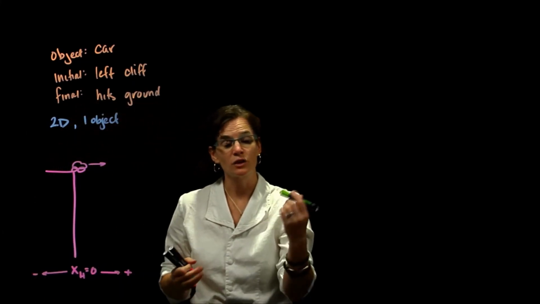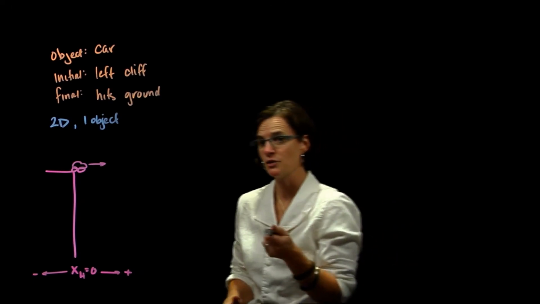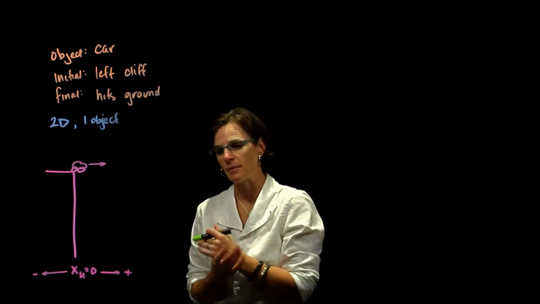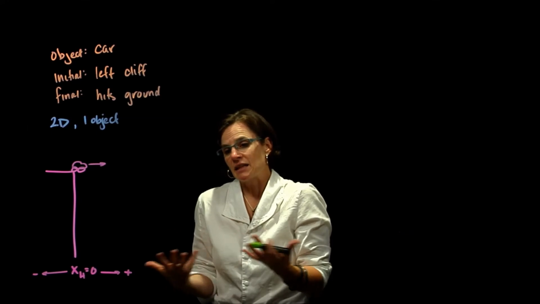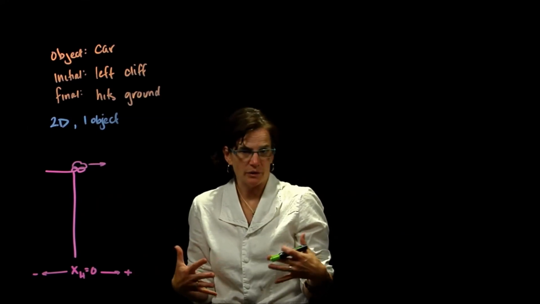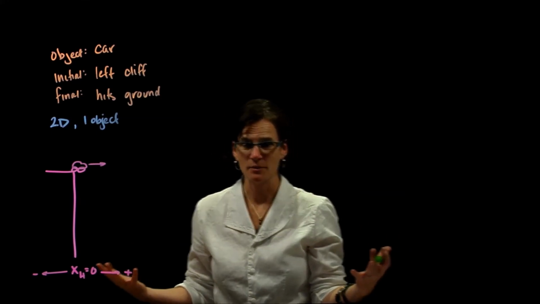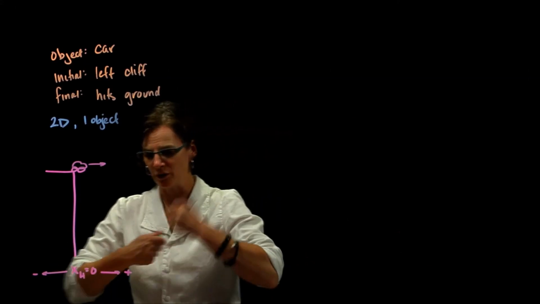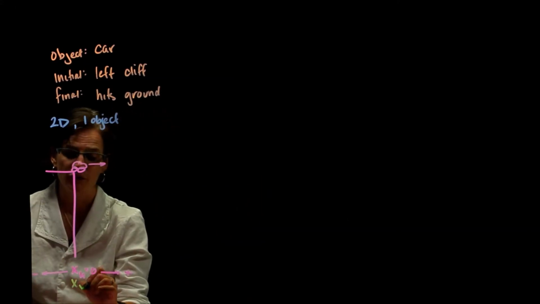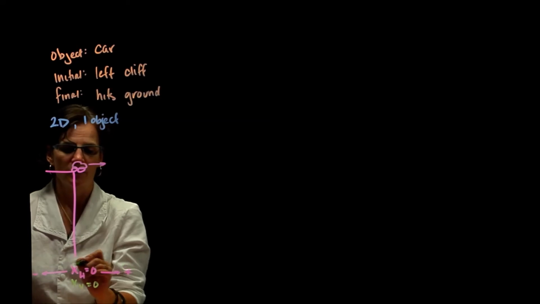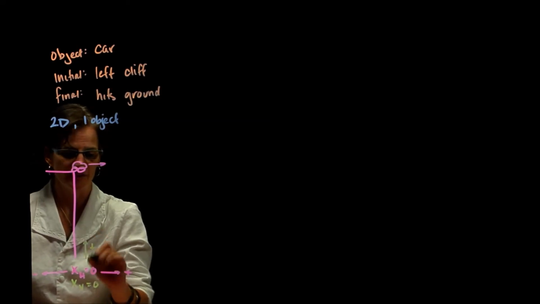So let's set our vertical world. I'm going to use a different color and would encourage you to do so as well, just to differentiate them. I like to set the vertical world at the ground. It doesn't have to be, you can set it wherever you want. That's the beauty of it. But I'm going to set the vertical world, x vertical, equal to 0, right at the ground. So everything above is positive,